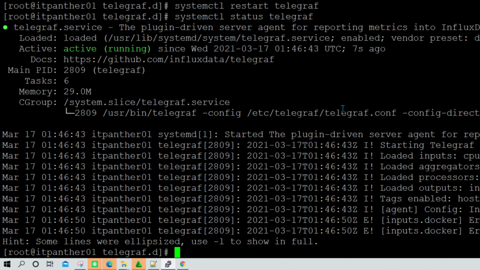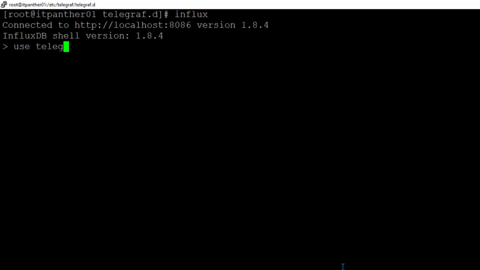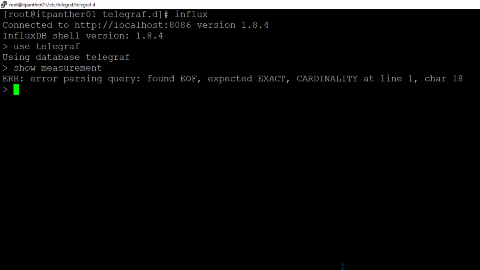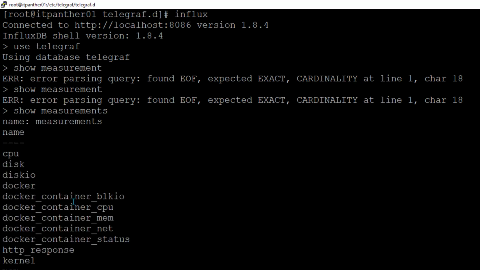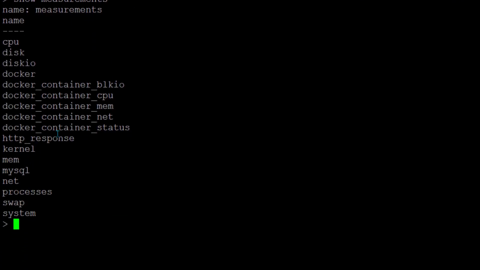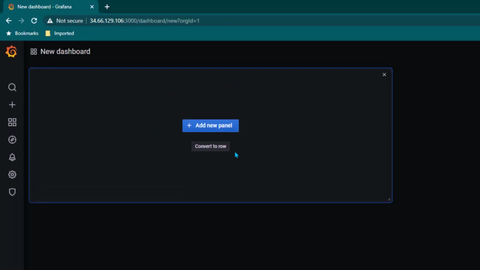And now let's clear the screen first, and let's write influx, use telegraf, show measurements. It will be measurements, not measurement. And now we can see, once we do show measurements, we can see http_response. Okay, so it means we now have data for HTTP response, so we should be able to start creating new